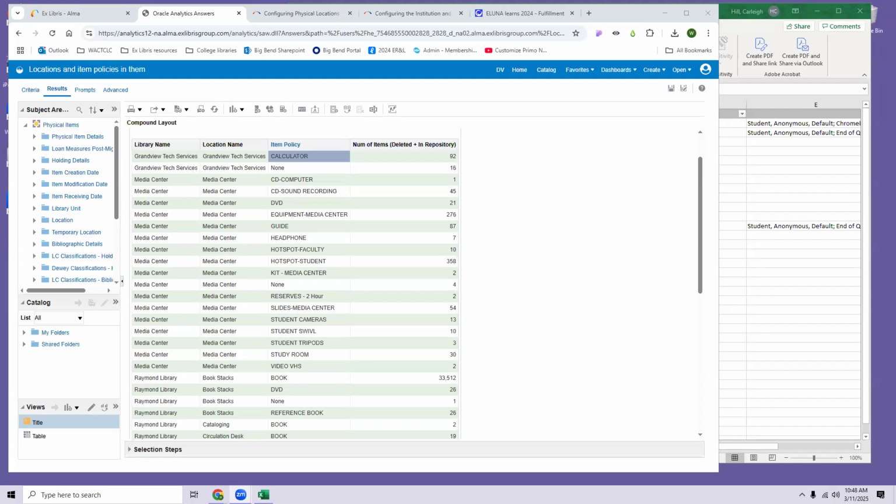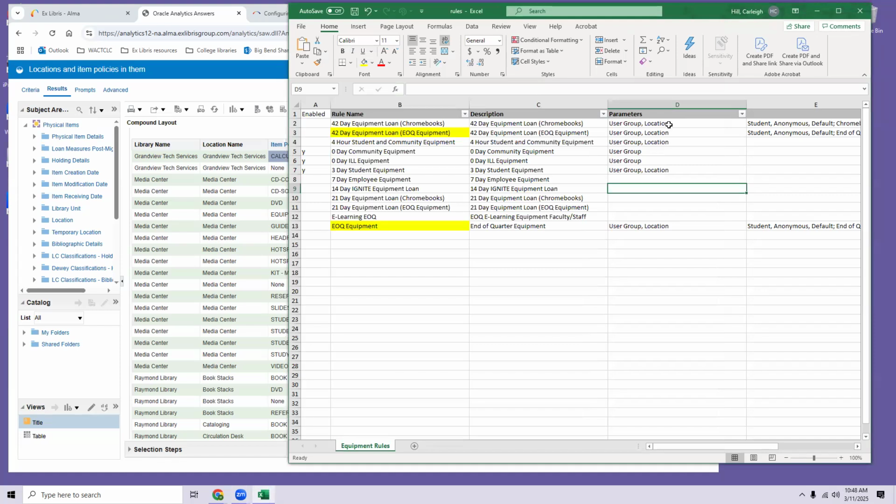Yeah, that's a good note: having a parameter of item policy in one of these fulfillment unit rules means that if an item that falls under that doesn't have that specific item policy, which is so easy to mess up or not apply, it's not going to circulate correctly. And I think all too often,